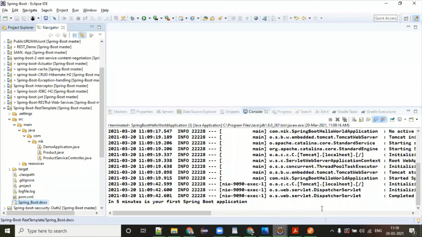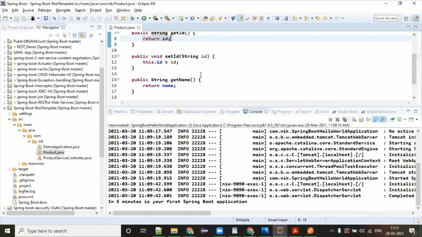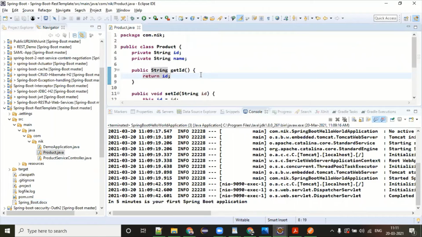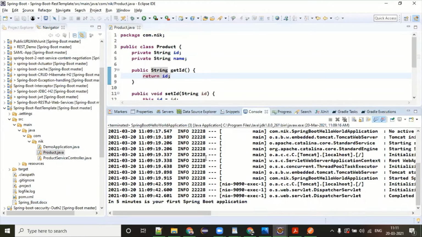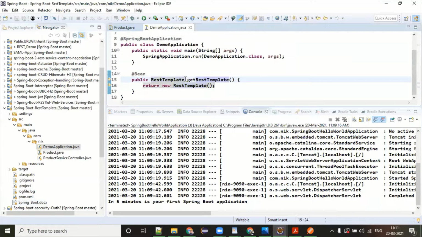Here, if you look at what I'm doing, I have a Product.java which has an ID and name, pretty simple. Basically I'm a consumer and I know in what format data is coming. Again, that contract has been made from the consumer to the producer: this is the format I'm going to give you the data. And if you look at my demo application, pretty simple, nothing much. The only extra bean I'm creating is a RestTemplate. Is this a good way?